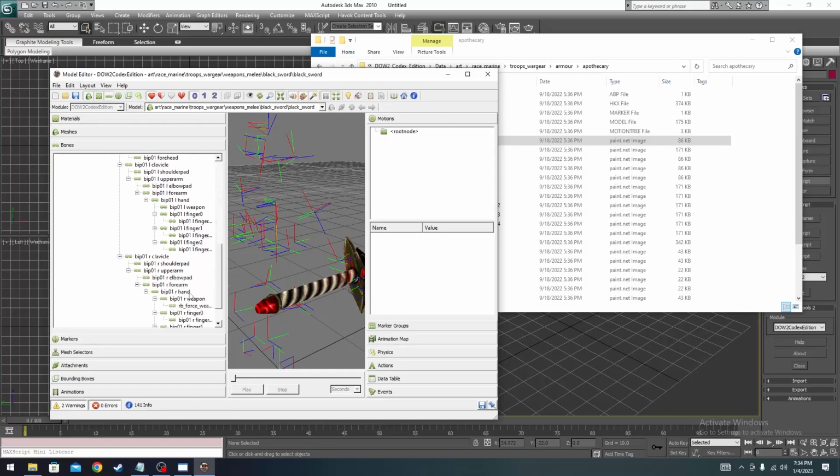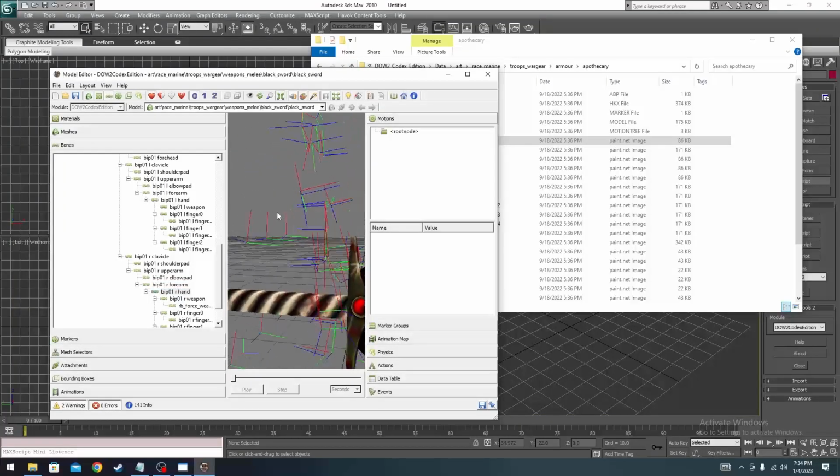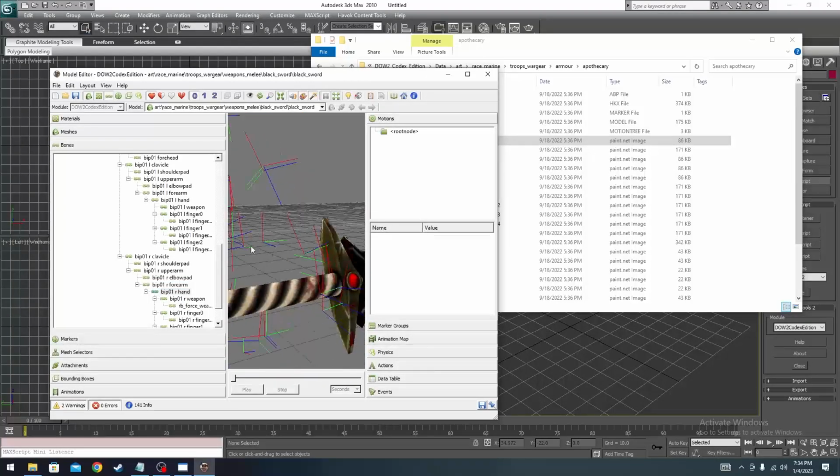right hand, where are you? Right hand. I'm not sure if you can see that, but there's the forearm. It's sort of selected, and then the hand. Where is it? That's weird. Should be here somewhere. But the idea is that... so force, weapon. Regardless, what's important is that this sword is controlled by one of these hand bones, and if